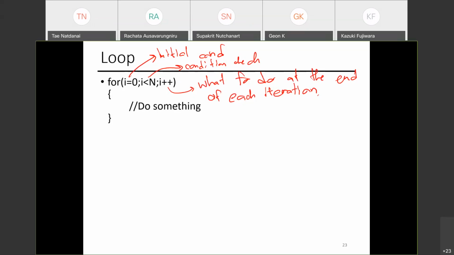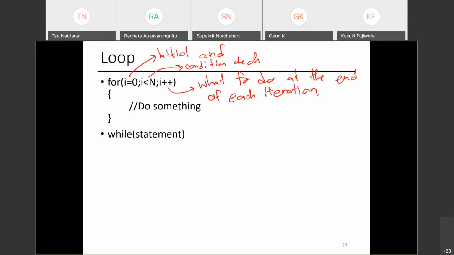The compiler will yell at you, but it's not a big deal. Is it important? Not really. These days the compiler is advanced enough to know what you're trying to do. But for the purpose of this class, where we need to make sure you know C, just be aware that you cannot do int i equals 0. That's all.